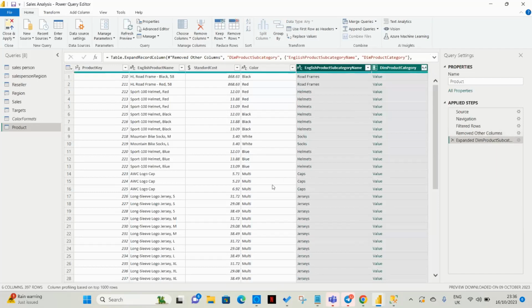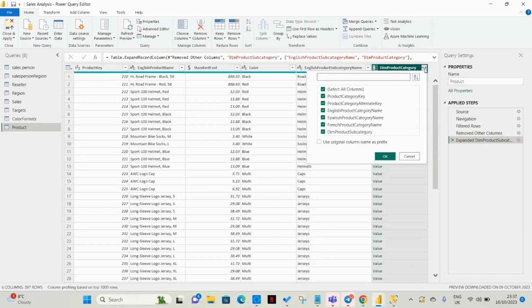Okay. So I've added our two columns. Scroll to the right. You will see that the dim product category again is a link table. So click on it. Unselect them all. Unselect what you have there. Okay. This time around,